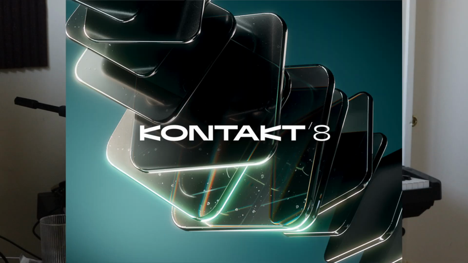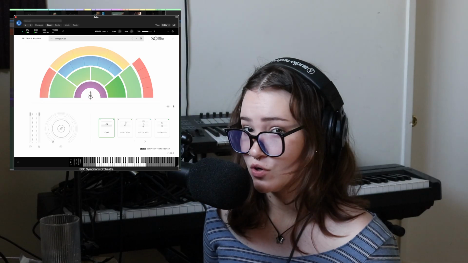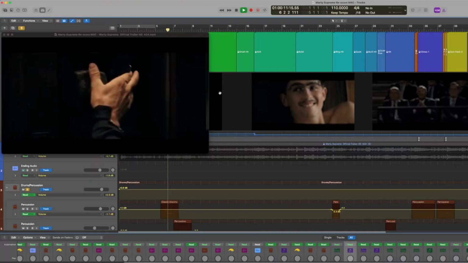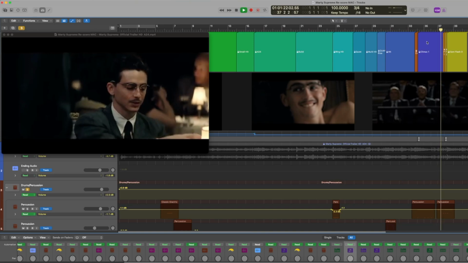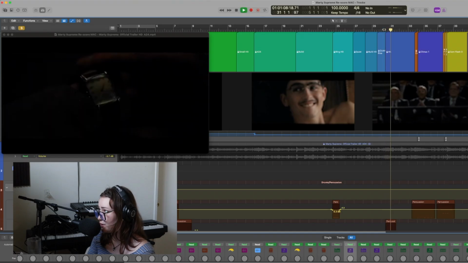It's getting dark. Okay, this looks better. I'm using Kontakt for a lot of my hits, orchestral, cinematic, whatnot. I'm also using BBC Symphony Orchestra for a lot of them because those orchestral hits are very necessary. I like to make sure I'm sifting through frame by frame and placing these exactly where they need to be because we want nice timing.